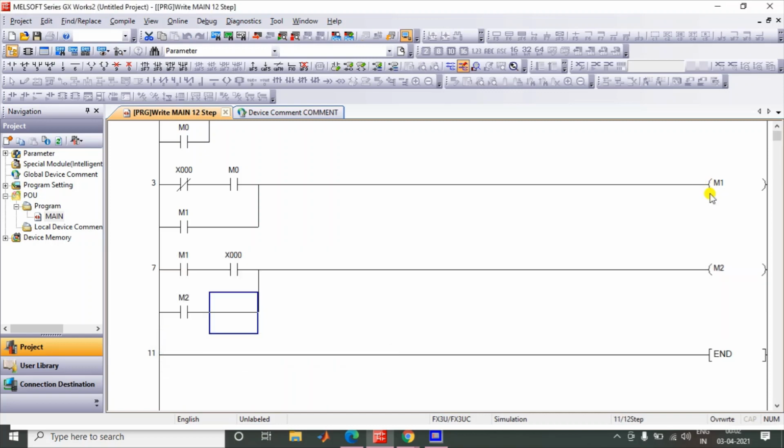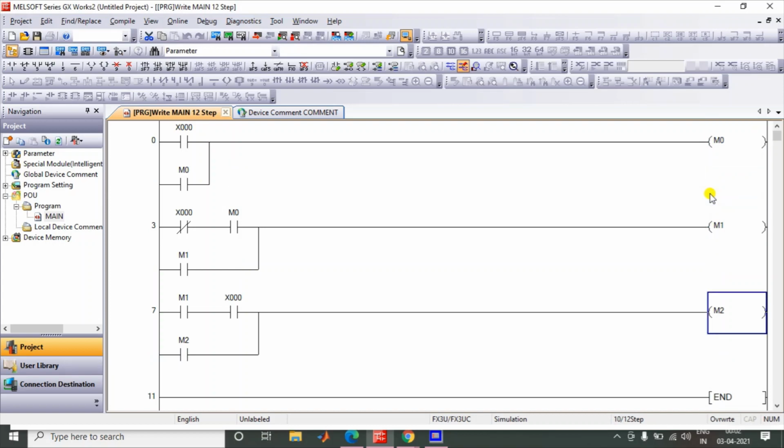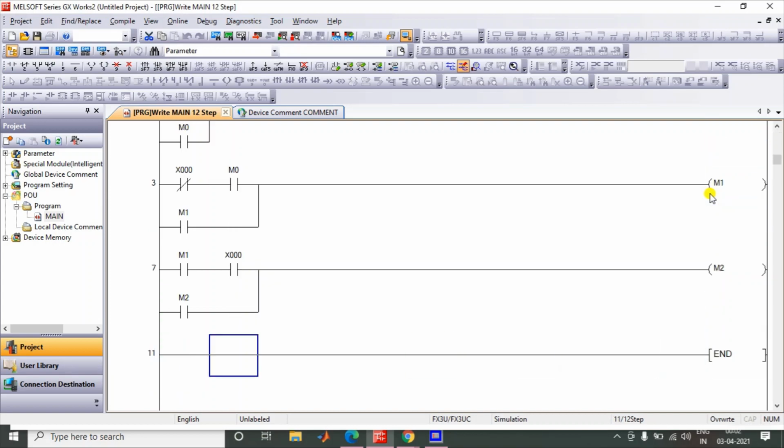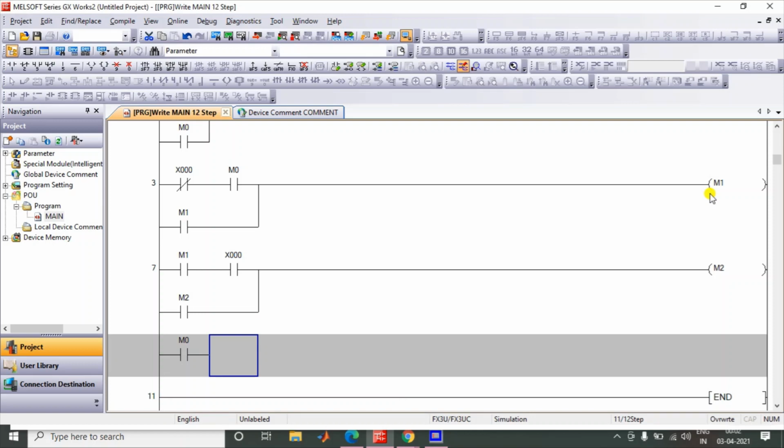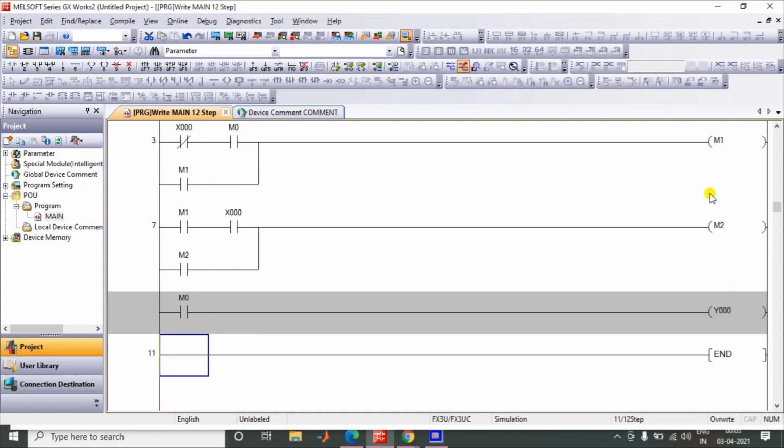And from this memory, or from this step, what we are going to do is turn off our lamp. From the first step, if you see, M0 is the first stage, from where I'm creating my lamp on.